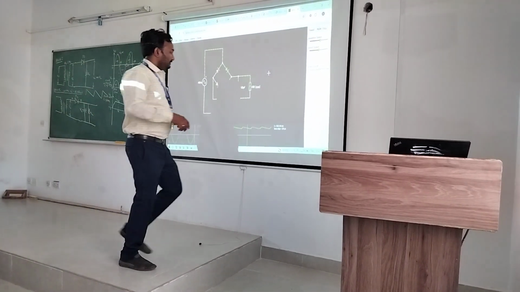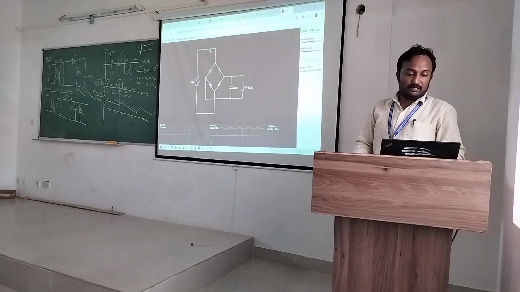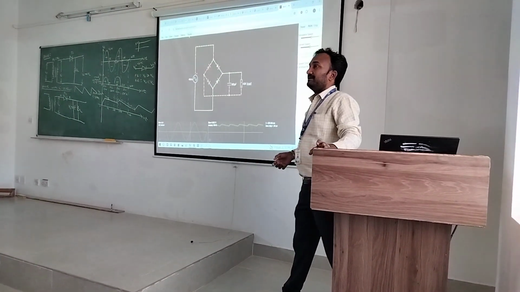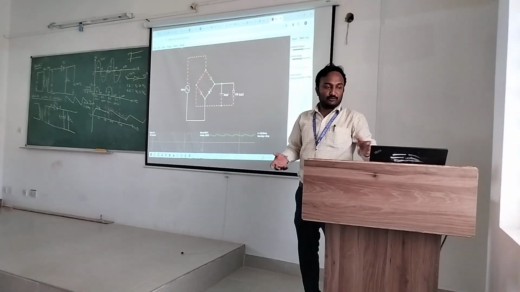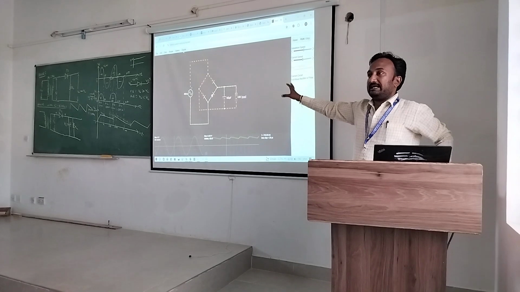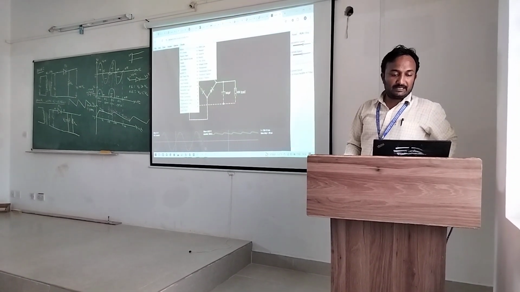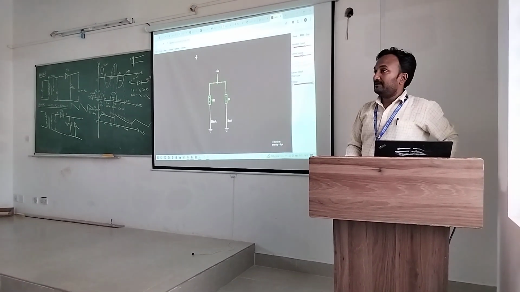Okay. So as I was telling, it also gives the option of having simple example circuits. This one I have chosen from the example circuits itself. So you can go to very simple ones, like you can understand Ohm's law in a better way using the simulator. Okay.